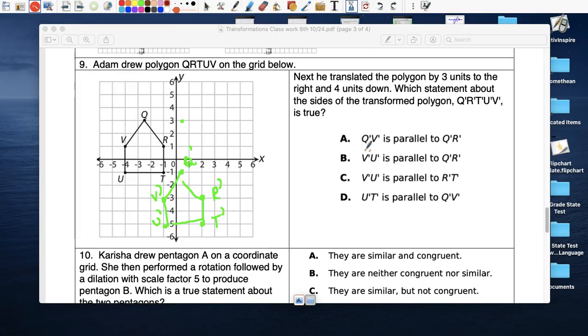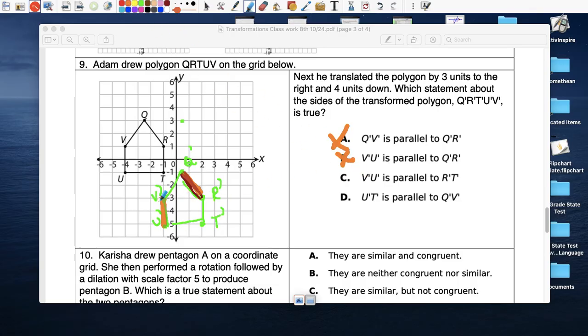not. Sorry, I read the first statement incorrectly. Q prime V prime, which is this line right here, is parallel to Q prime R prime, which is this line. Absolutely not. We can definitely see that's not true. V prime U prime, which is this line, is parallel to Q prime R prime. Absolutely not. No, no. And then